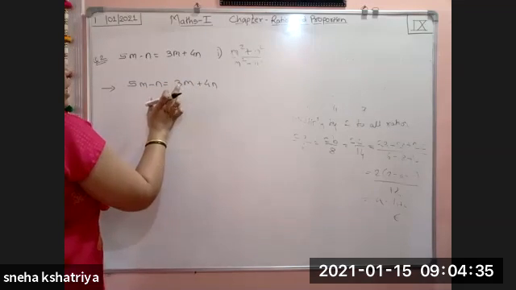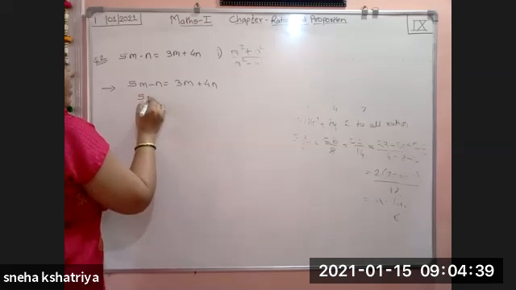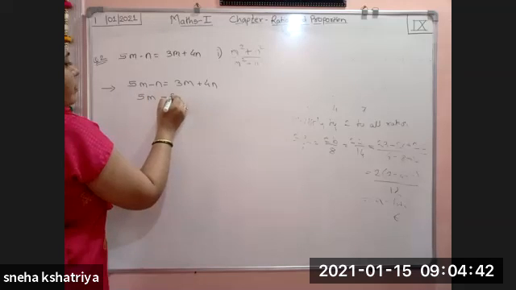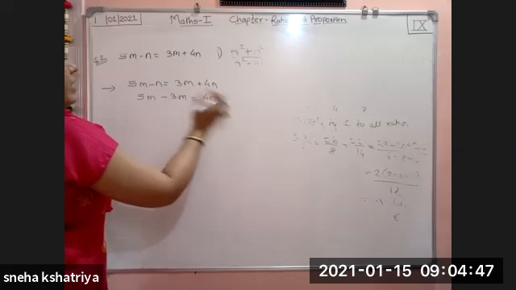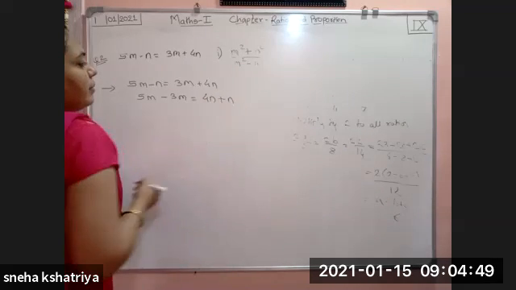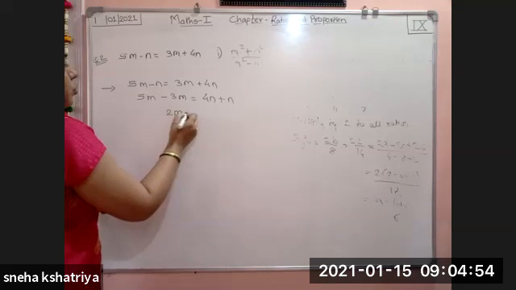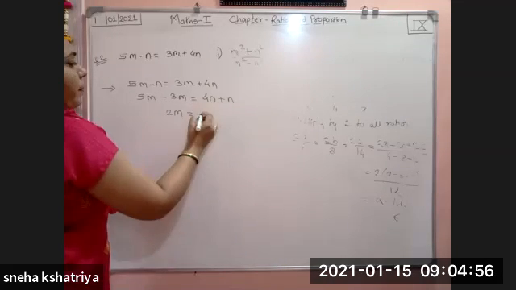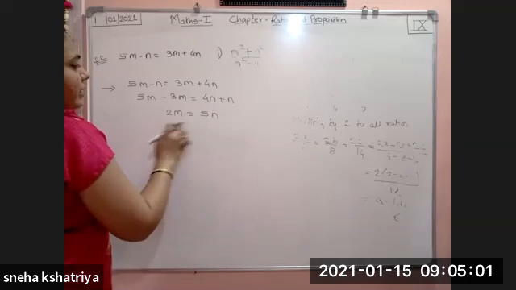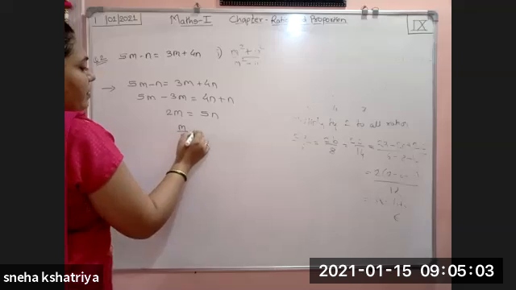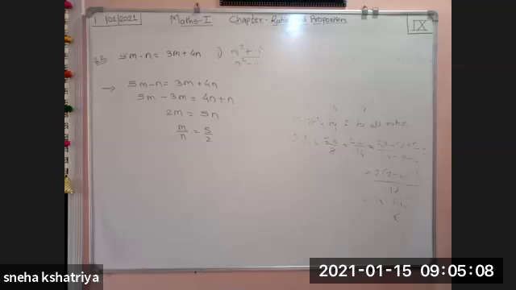Okay, so now take m terms to one side and n terms to the right side. So what will we get? 5m, 3m will shift here, so it will become minus 3m, which is equal to 4n is here, and minus n is there. So when it goes there, it will become plus n. Okay, so 5m minus 3m will become 2m. 5 minus 3, 2m. 4 plus 1 becomes 5n. n shifts here, 2 shifts here, so you'll get the ratio of m upon n, which is equal to 5 divided by 2. So first we will get m upon n.